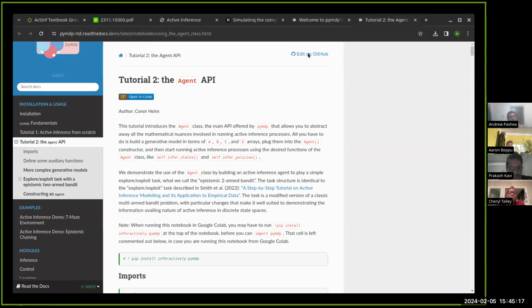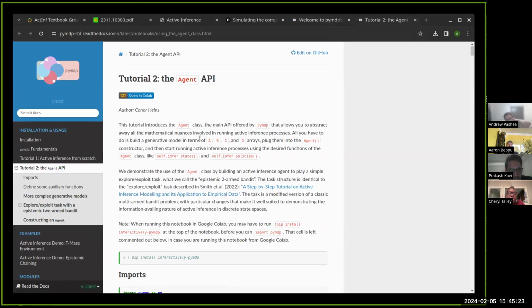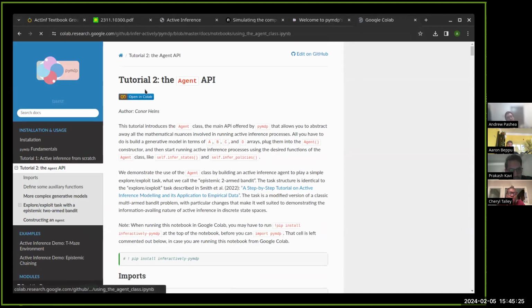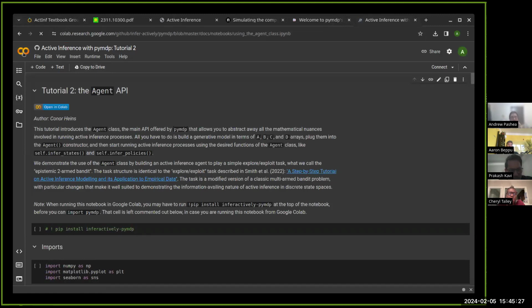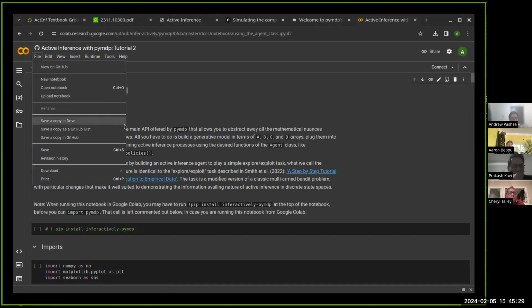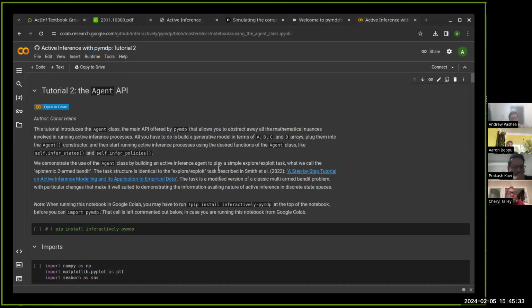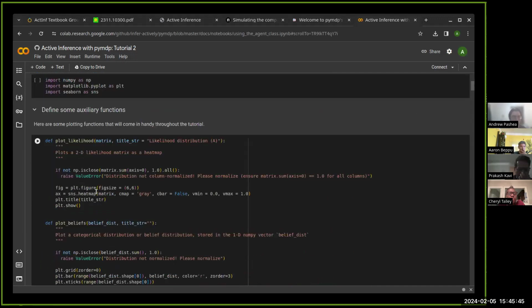And each of these tutorials, very nicely provided by the authors, has a Colab notebook. So just going to this, you can make a copy right from there. I'll give it back to Andrew to continue, and then maybe next week we could prepare to execute something so that we're not needing to execute on the fly. But suffice to say, these notebooks do work,